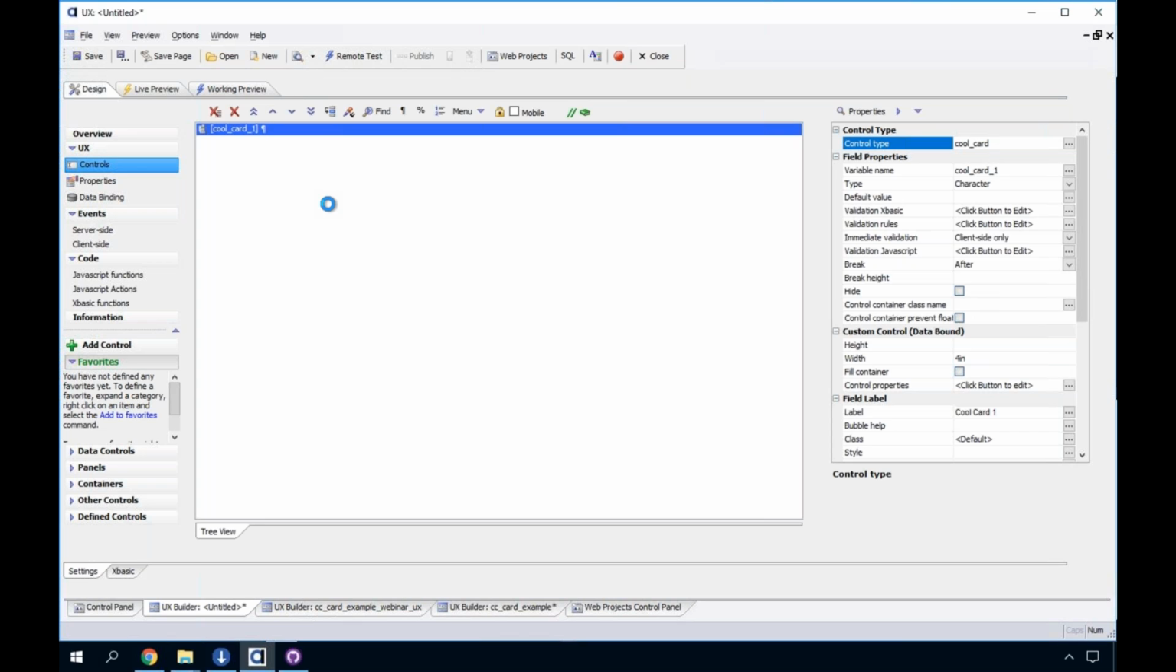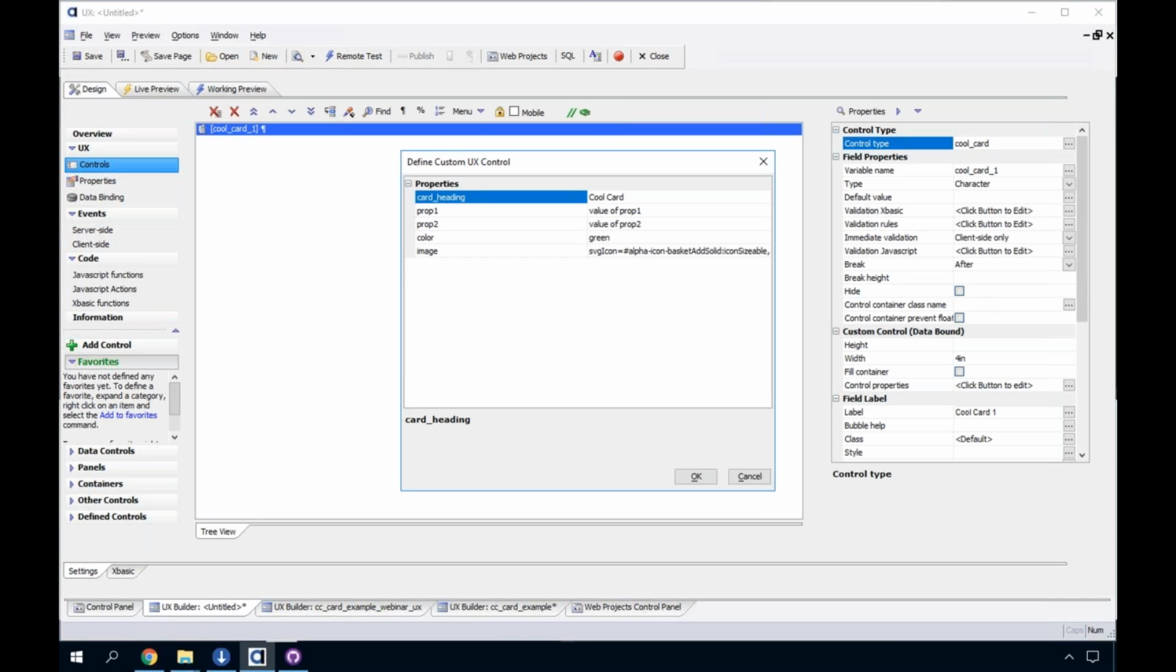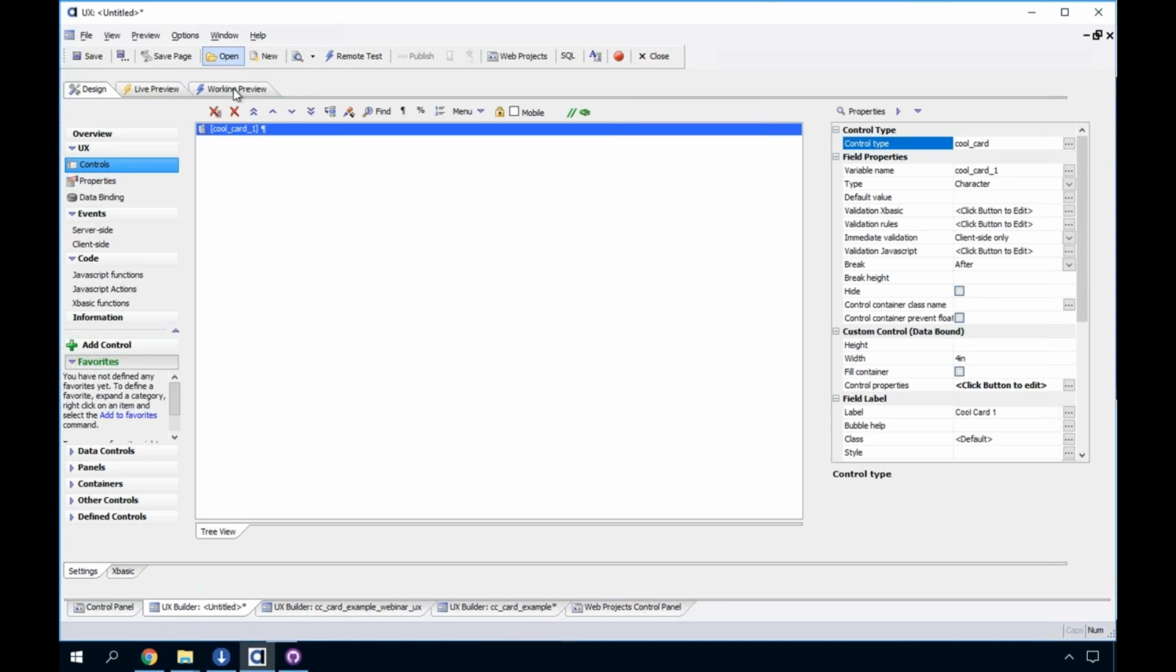Now that I've added that instance of this card on my screen, if I double click on it, notice what comes up. It opens up my property editor. And those are the properties that I added or created as part of this custom control. So you have the card heading and these other elements here. So I'm going to say this is my webinar card. And I'm going to change that from there. Okay. Now when I do a working preview,